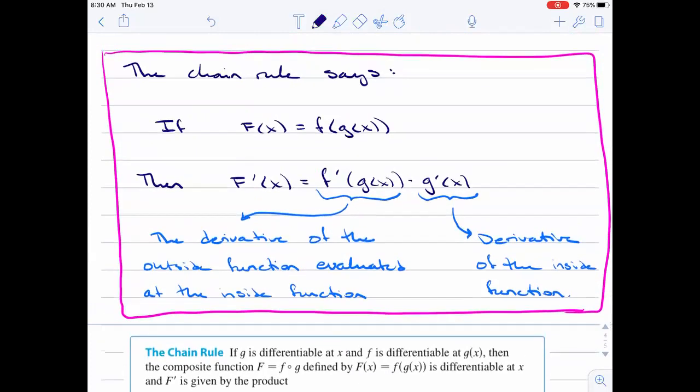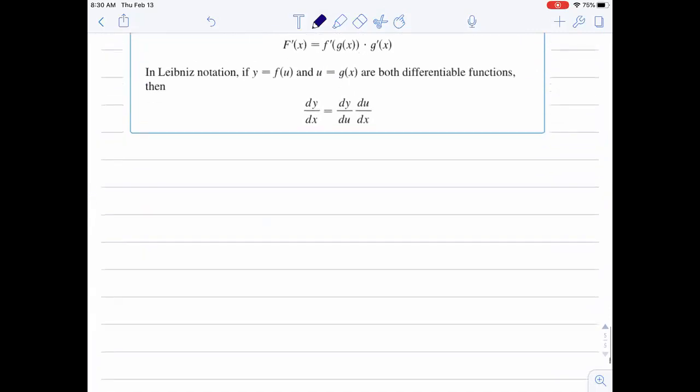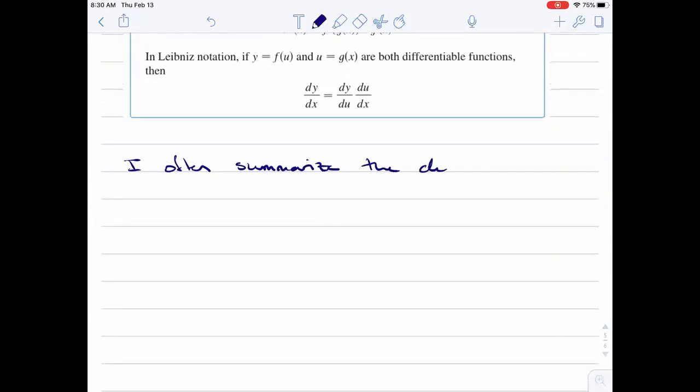Often in my mind, if I see a chain rule situation, a function inside a function, I just say the derivative of the outside times the derivative of the inside, because I'll just ignore the evaluated at the inside function. And so I often summarize the chain rule